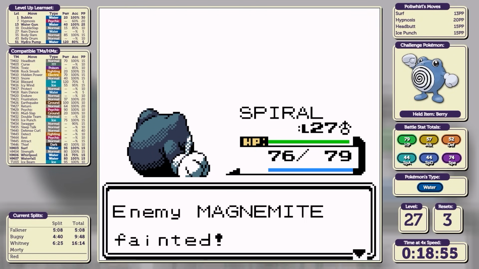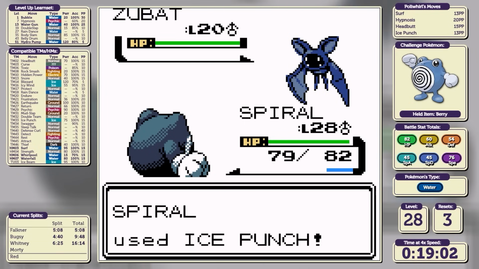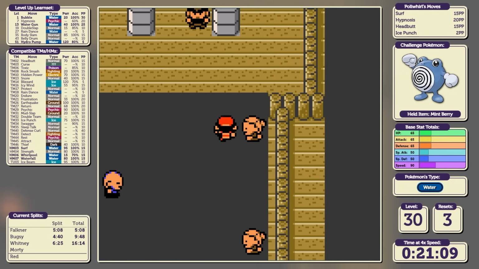It's a 1-shot to start off with on both Haunter and Magnemite. Bayleef comes out to play. Ice Punch critical hits to guarantee the 1-shot, and we'll continue Ice Punching against Zubat as well. A very simple 3rd rival battle, which means we'll fall through the floor, and we'll end up in front of